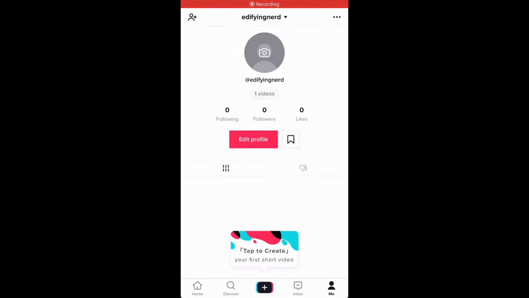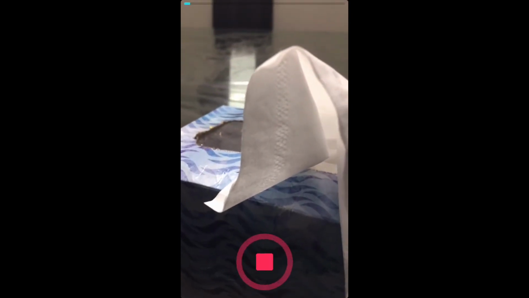What's up guys, today I'll show you how to stop cropping of the top and bottom of a TikTok video when you do a voiceover or anything. So for that, let's go ahead and record a video in TikTok